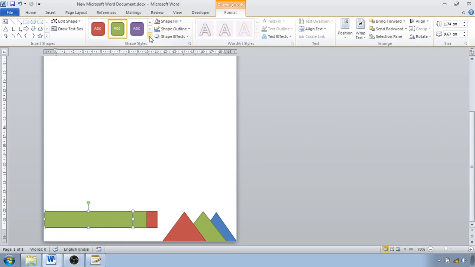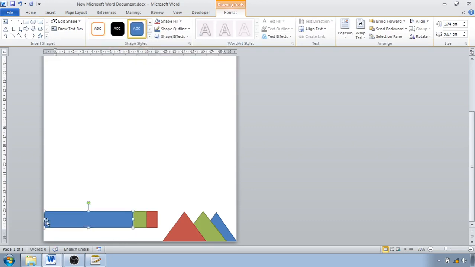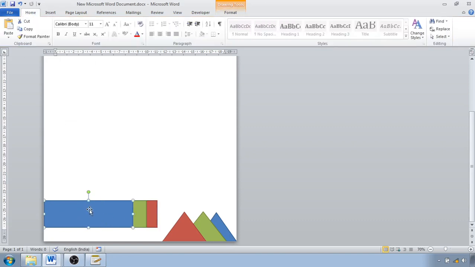And in Format you can change the color, to which color? Blue color. Now here you can type or you can increase the width. You can increase all the widths just by clicking on that, so that you will get more space to write whichever text you want. So this way you can enter here